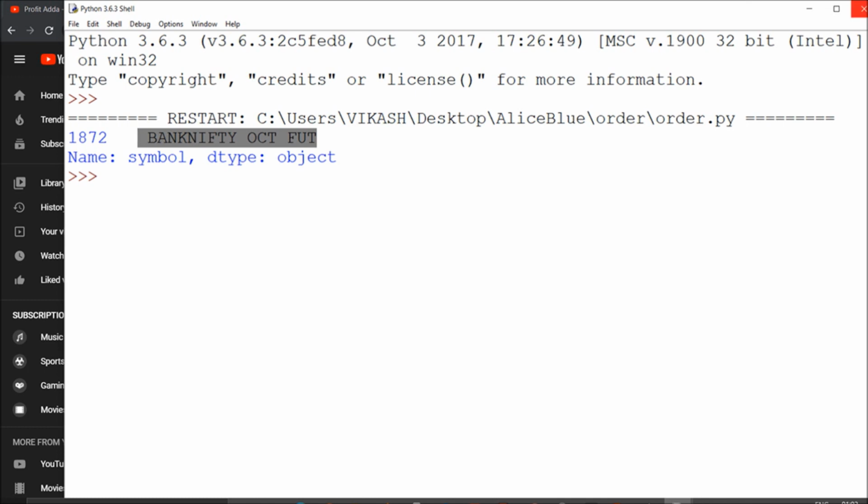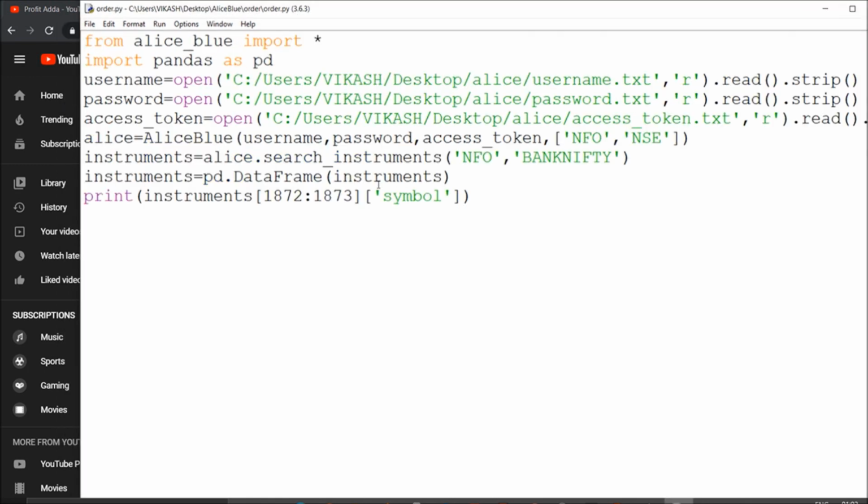Suppose you want to call this trading symbol without this sequence and everything, and just place it. How can you do it? Suppose I want this to be my trading symbol.